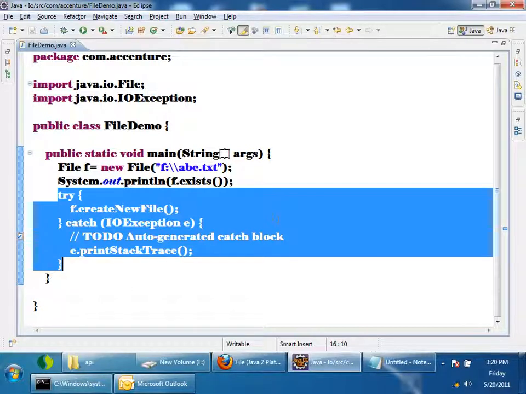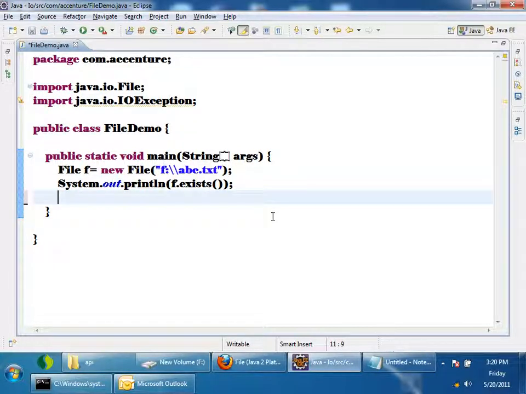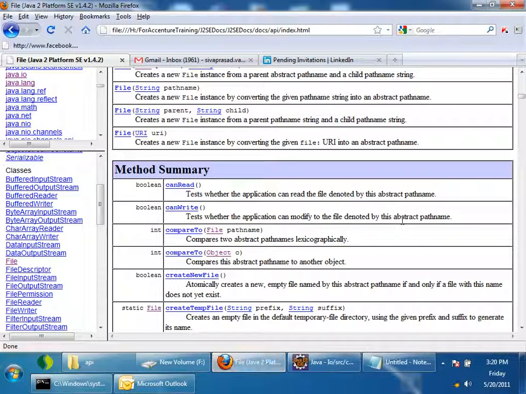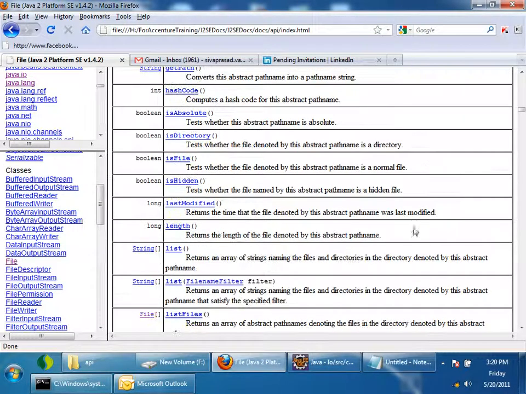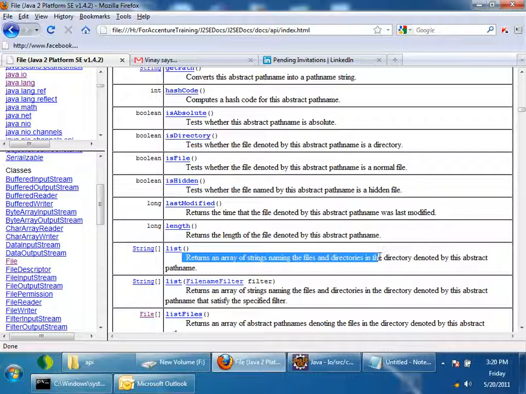Next, I am giving you a hint. In the File class there is a method called list. What is this list returning? See the documentation. Returns an array of strings naming the files and directories in the directory.